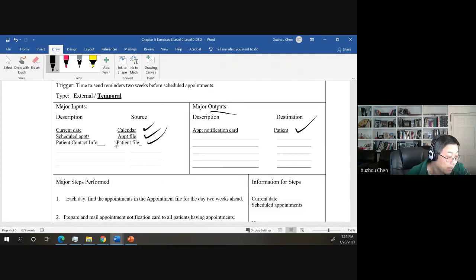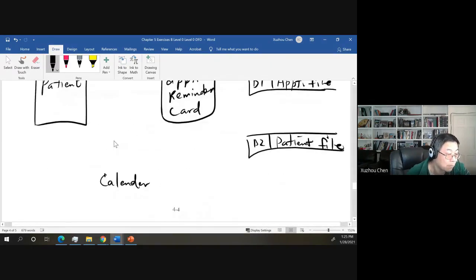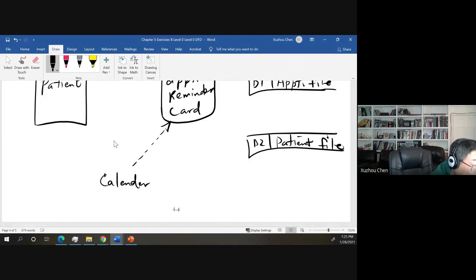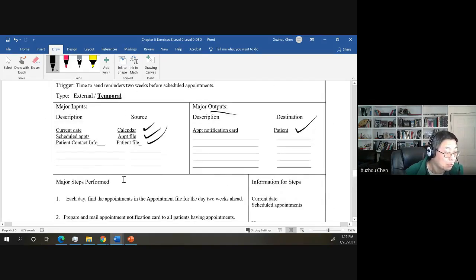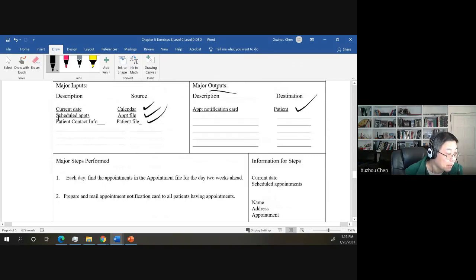So the input is a calendar date from the calendar. Okay, so the calendar date. This is actually not the data linker. This is actually the data coming from the calendar. So it's normally the calendar in the computer system. So the computer system is going to check the time, check the date, and automatically check the patient file to see who has an appointment in 2 weeks. Okay. So the input